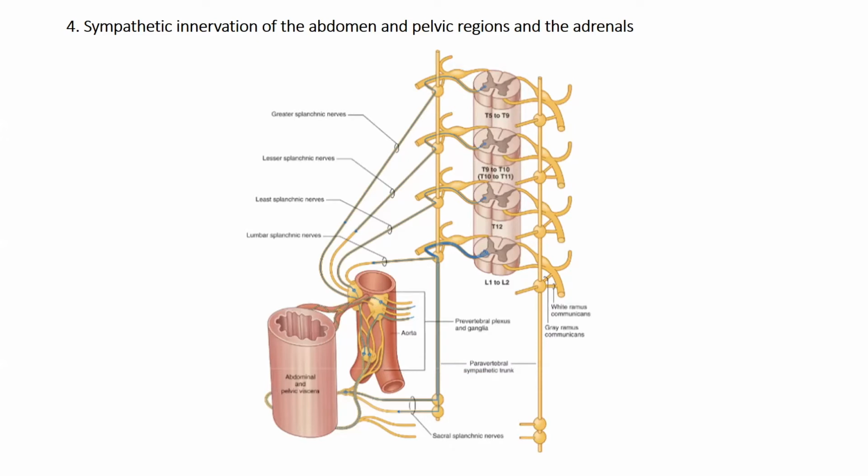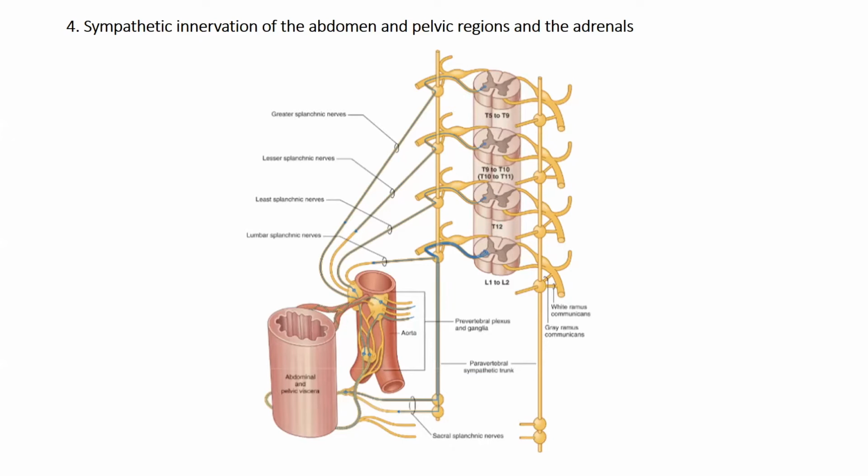the prevertebral plexus do not synapse. So they don't synapse in this prevertebral ganglion of the sympathetic system, and they just pass through this system to the adrenal gland, supplying the suprarenal or adrenal gland, where they synapse directly with the cells of the adrenal medulla, and these cells are homologous to the sympathetic postganglionic neurons, and secrete adrenaline and noradrenaline into the vascular